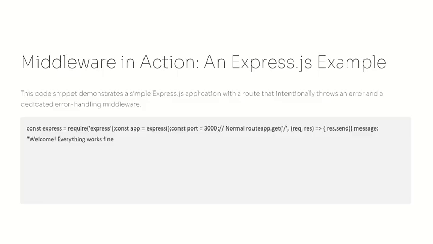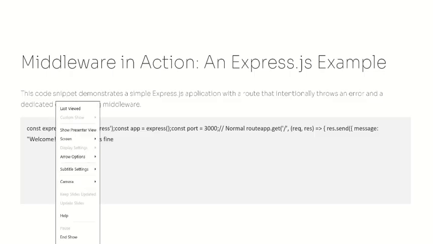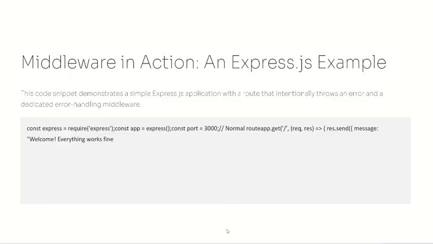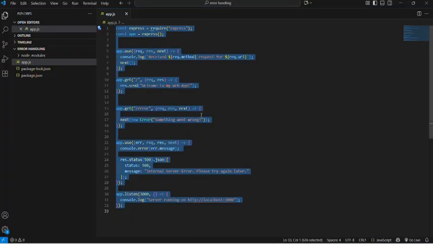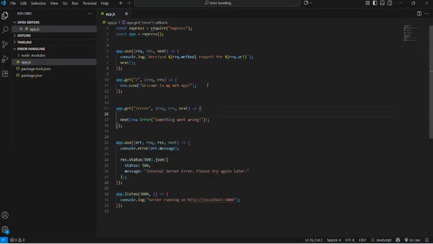Express example. This code snippet demonstrates a simple Express.js application with a route that initially throws an error, which is then detected by an error handling middleware. So I will show the live example. Let us go to VS Code and see how it works. First, here we can see that